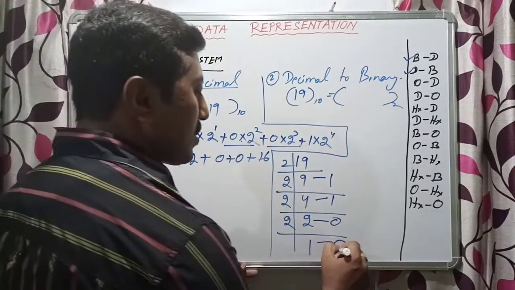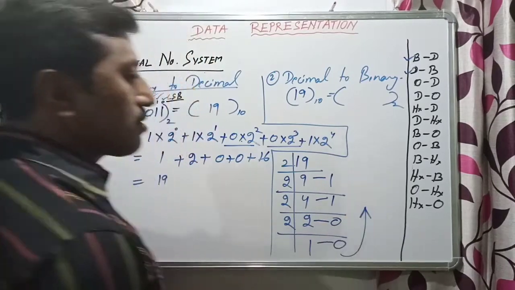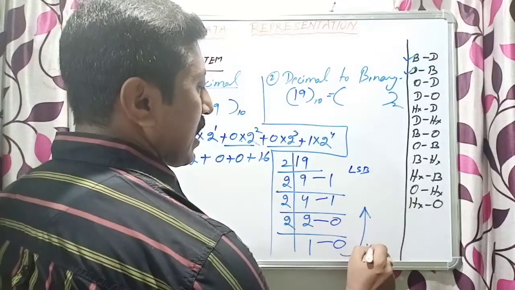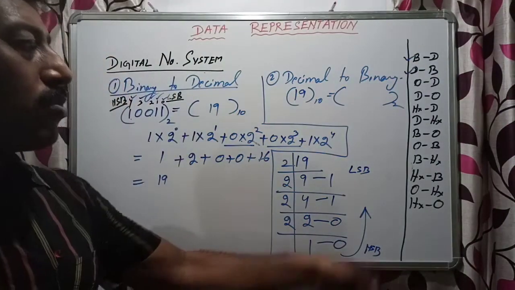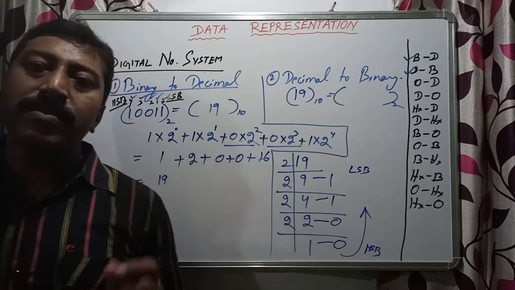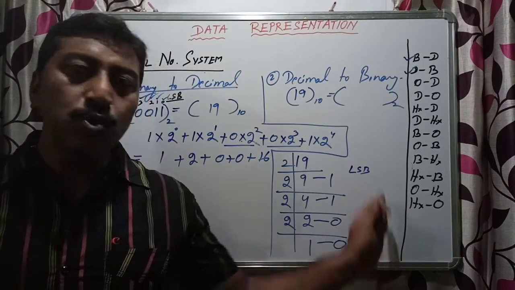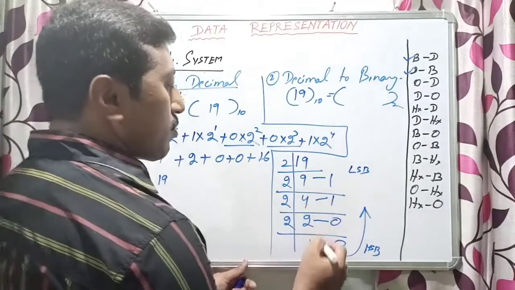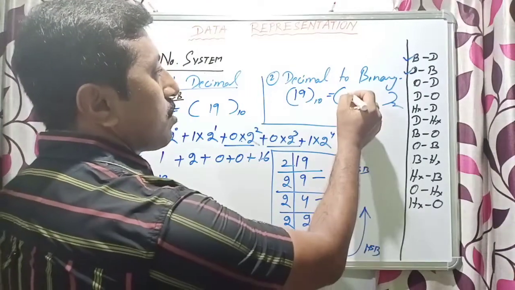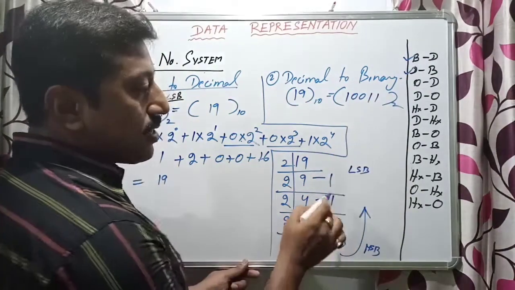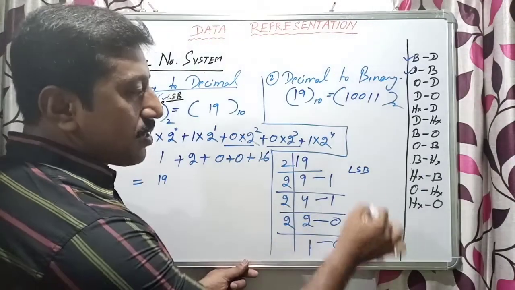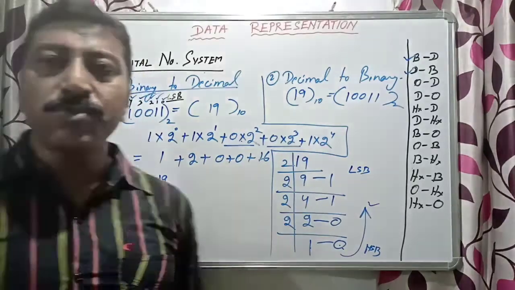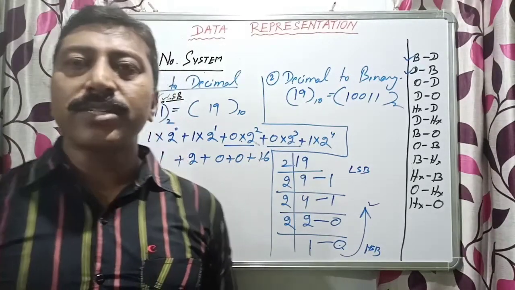Now we calculate from this to this. This part is known as the LSB and this part is known as the MSB. We calculate from the most significant bit to the LSB. Remember, we calculate from bottom to top. So what will be the output? The output will be 10011. Don't take 11001. We take from here, that's why I have given the arrow mark. 10011. I hope, students, you understood this conversion. So we'll go for the next conversions.